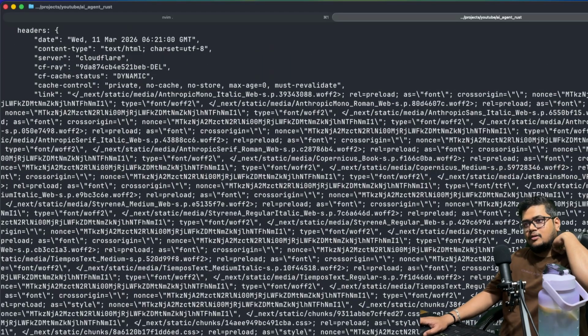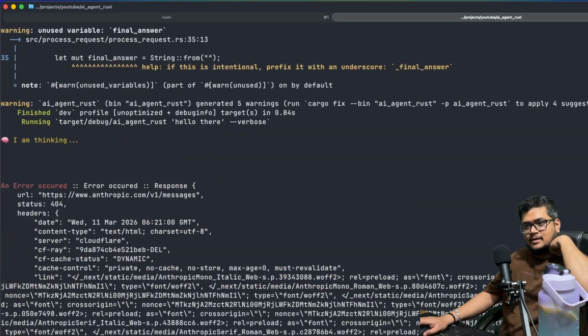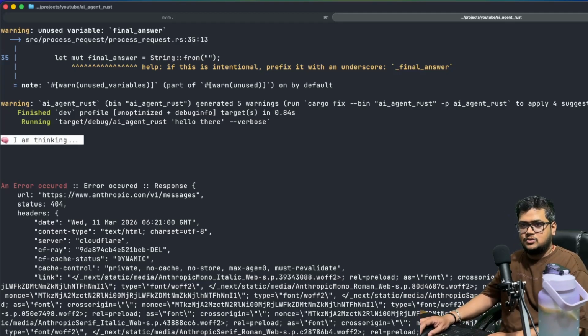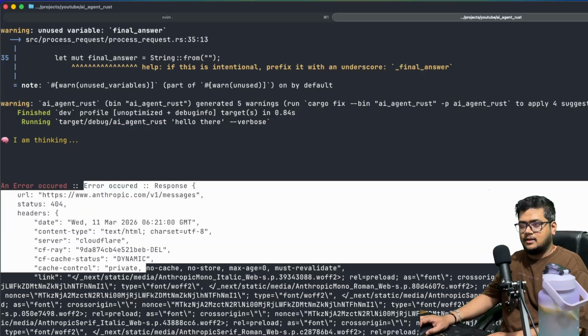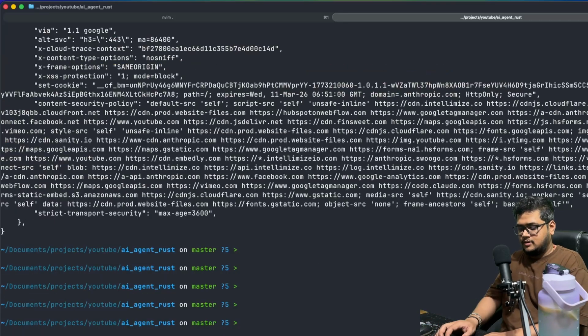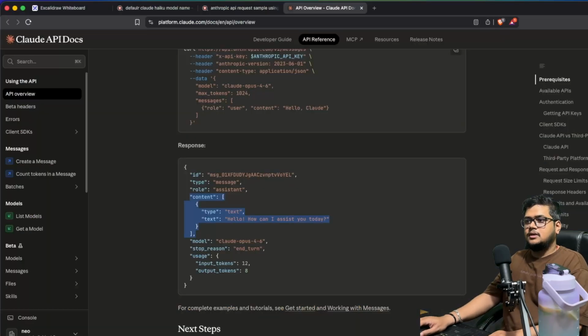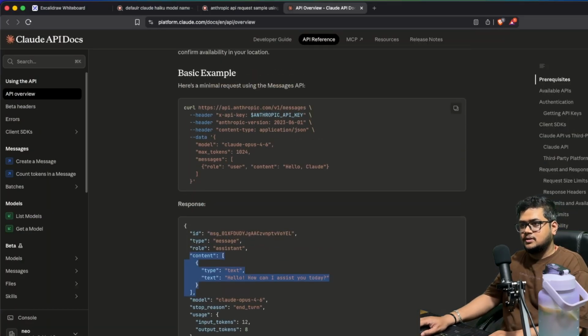Okay. Oh my god. Error occurred. 404. Okay, that means our API URL is wrong. So that means it works, right? It goes, I'm thinking, and then error occurred and all of this thing. So let's see what the URL is. It is this